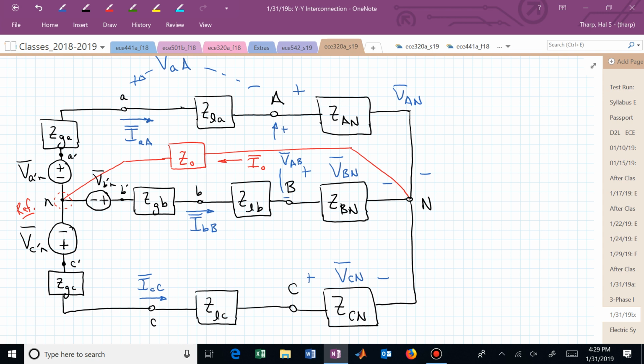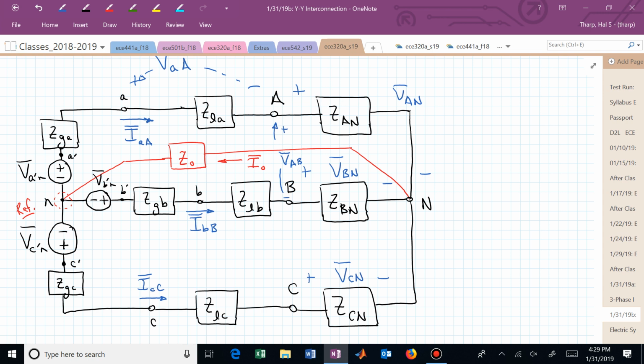Are all the currents identified that you need? KCL simply says the sum of the currents in equal the sum of the currents out, or the algebraic sum of the currents is equal to 0. What currents are going into little n? I sub 0. And which ones are going out? All of your line currents. I sub AA, I sub BB, and I sub CC. That's KCL. If you wanted more, you would need to continue.